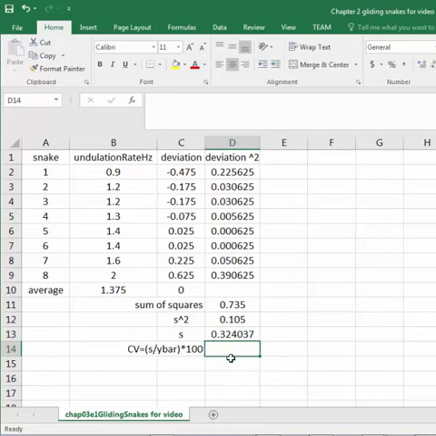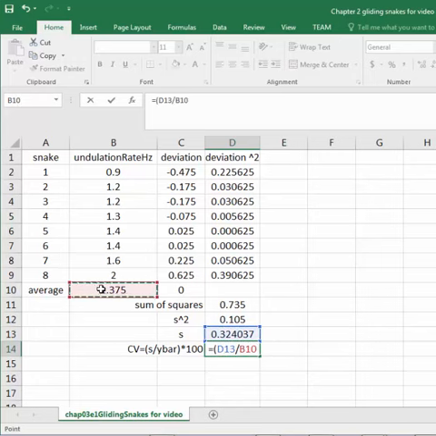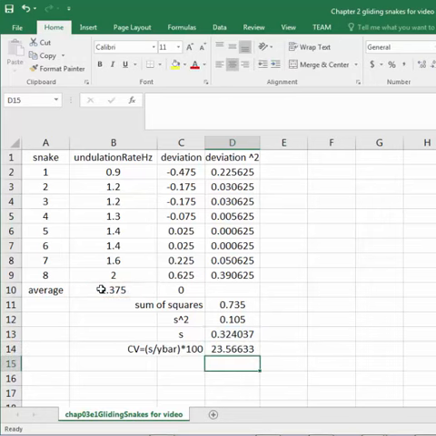The coefficient of variation is the standard deviation divided by the average times 100. We could also check our work equals